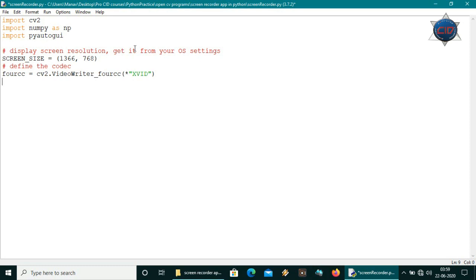Now let's create the video writer for cv2. We'll store it in a variable, and let's call cv2.VideoWriter and pass the name of the recording. I will pass it in a folder called recordings. Next we'll have the name for the screen recording video.